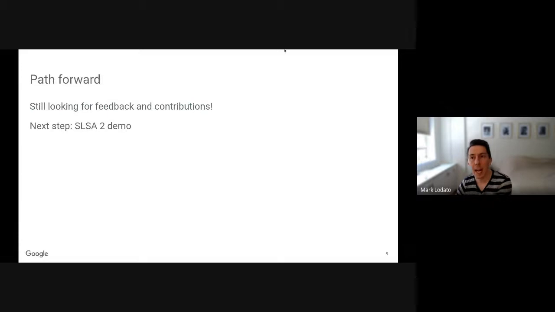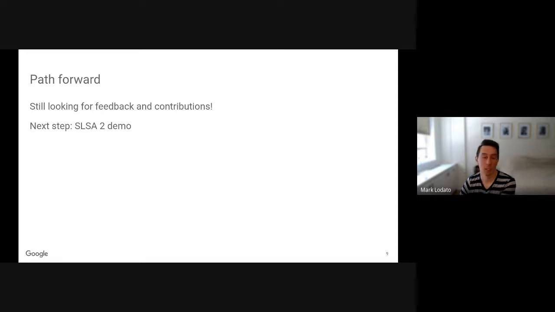So as always, we're looking for feedback and contributions. So far, it's been mostly us on the Google side doing changes here, but we want to make this a community thing, to make sure that the requirements and the framework we're building are actually meeting people's security needs.